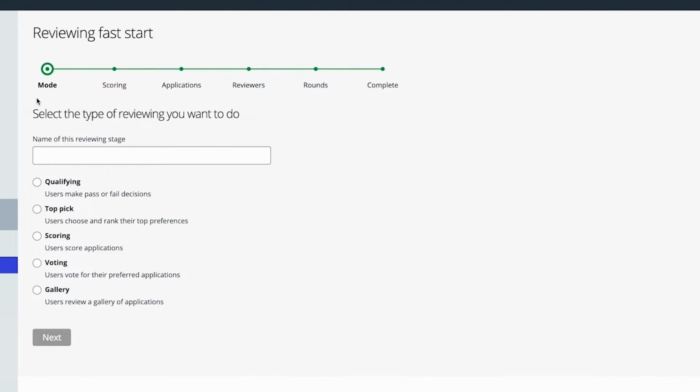At the top of the screen, you'll see a handy progress indicator. This indicator adapts to your selections as you go, so you'll always have a good idea of how you're progressing through your reviewing configuration. The first step of Reviewing Fast Start is to choose the type of reviewing you'd like